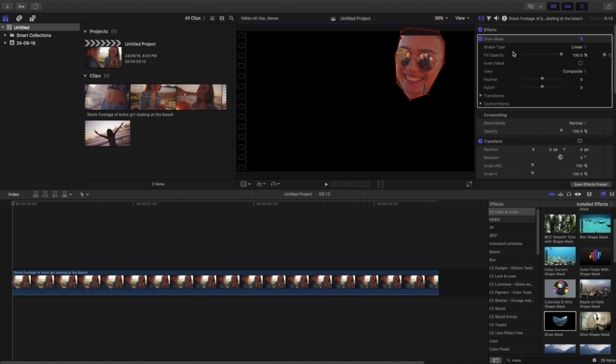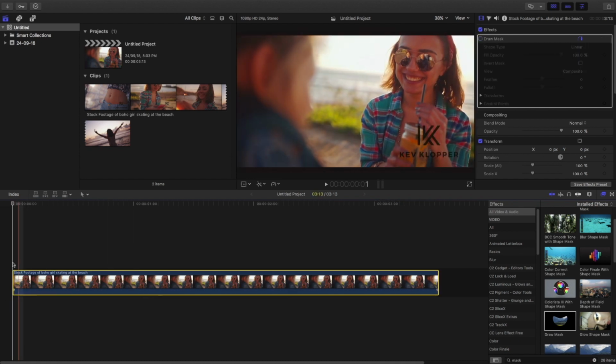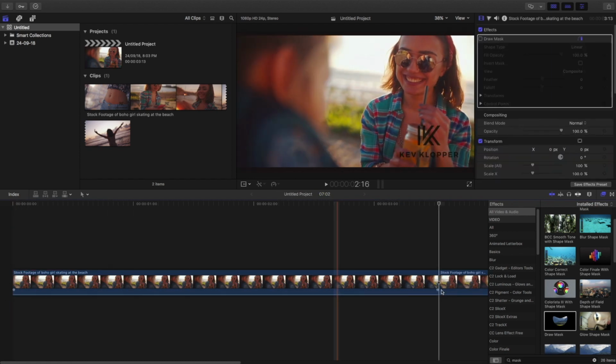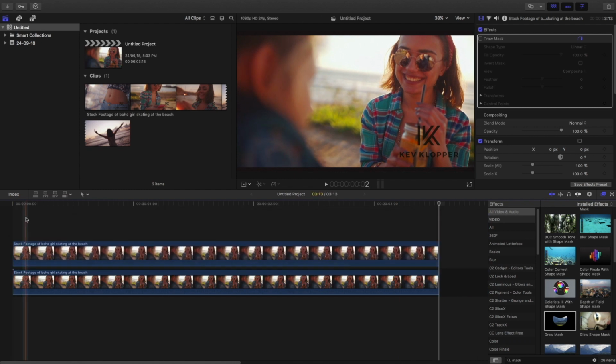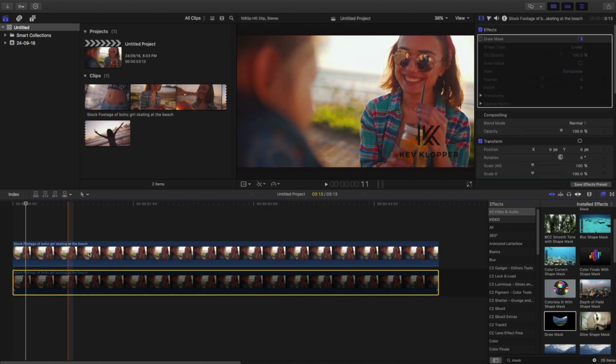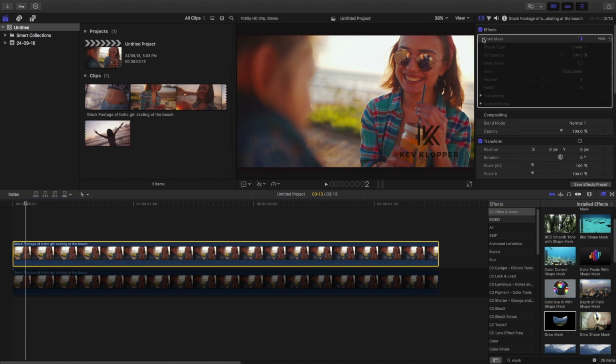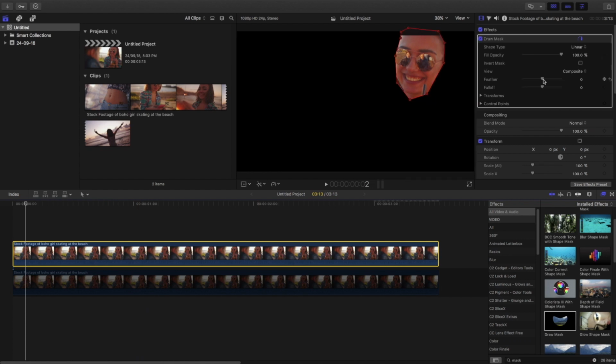Oh yes, I forgot to mention this. Just let me disable the mask. And first you need to copy both the clips once more. Copy and then drag it over. And then I am enabling the mask. And I just hit the lower portion so that you guys can understand. So just play with the feather and the fall off,